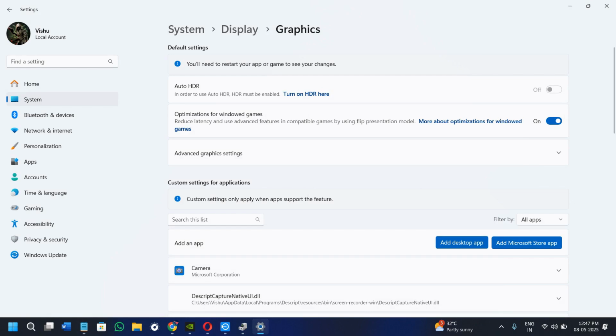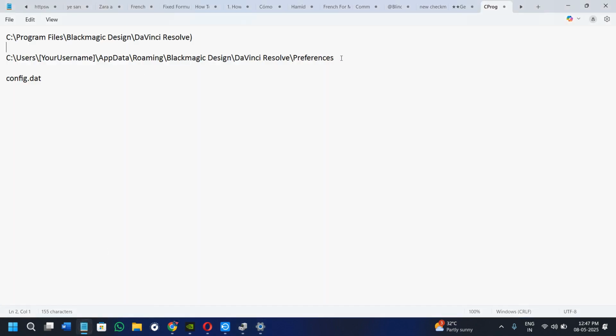Now if Resolve won't even open, you can edit the configuration file directly as well. For that, you need to navigate to this particular path. I will also link it in the description. On this path you need to look for a file with the name config.dat.